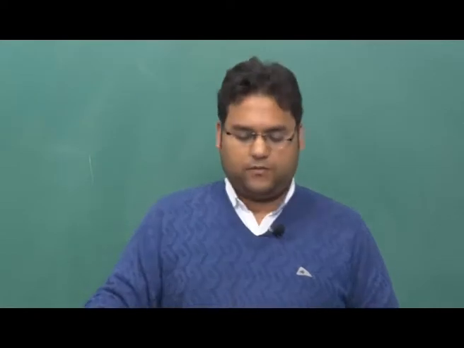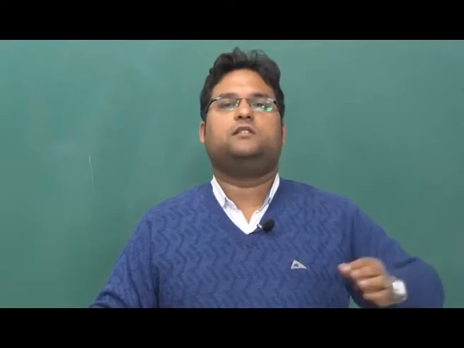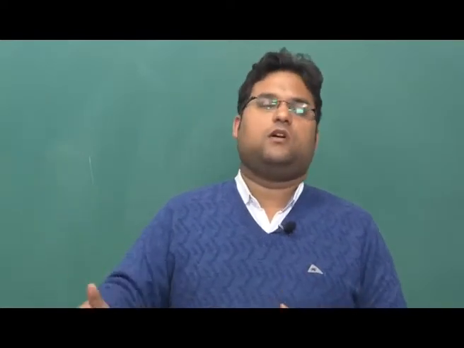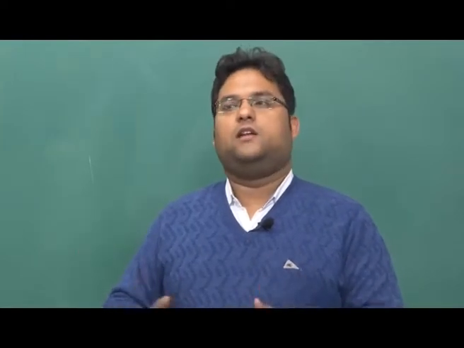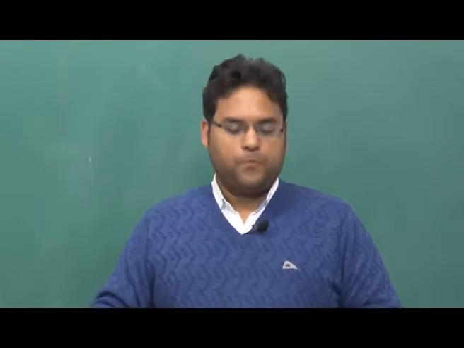There could be examples where you show the child an action happening. So for example, you can say Sheila is sibbing. Can you see a sib? So the thing is, let us say Sheila is knitting or something, and you see a knit or something like that. So the child has to really make out that sibbing is happening, so cutting is happening. What is the noun that does cutting? Can you see a scissor? These are the connections that the child has to make. So, this is a scissor, scissor is used for cutting. Again, hit and trial, a lot of experience goes in, and then the child starts making these connections.